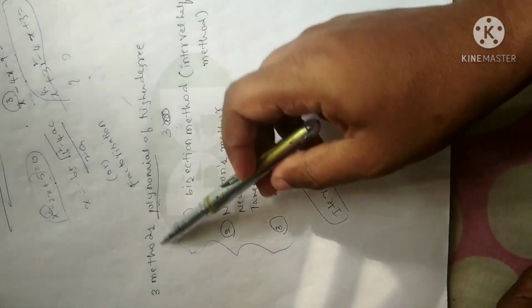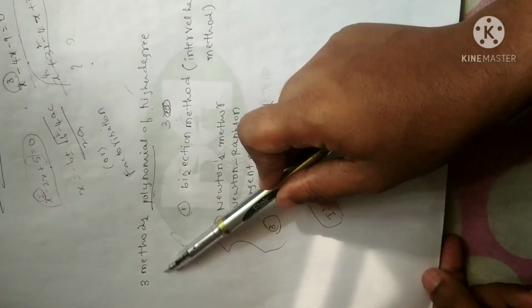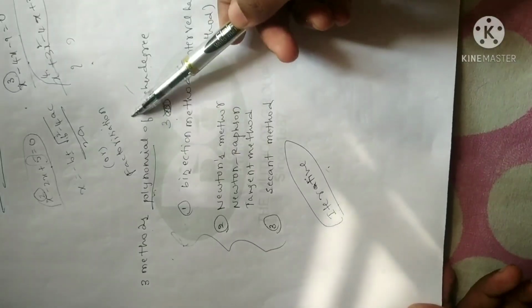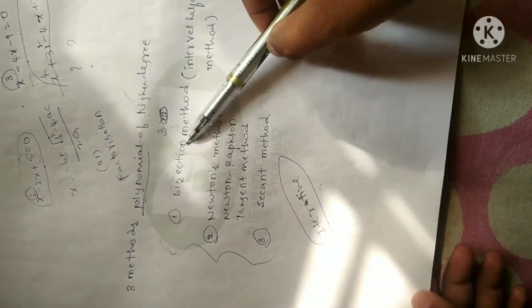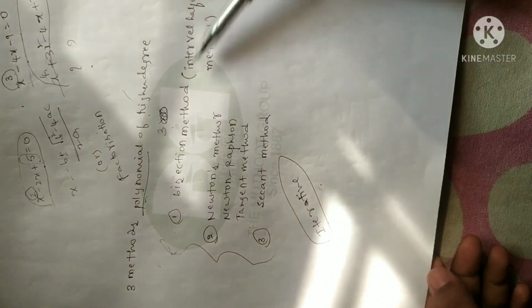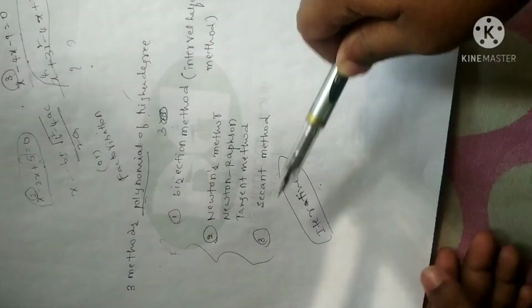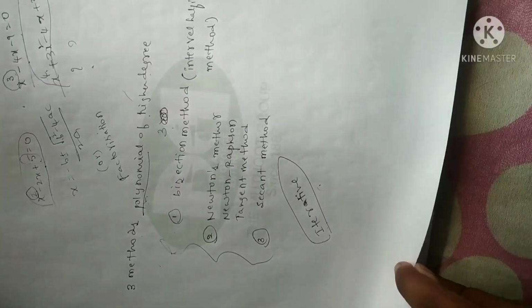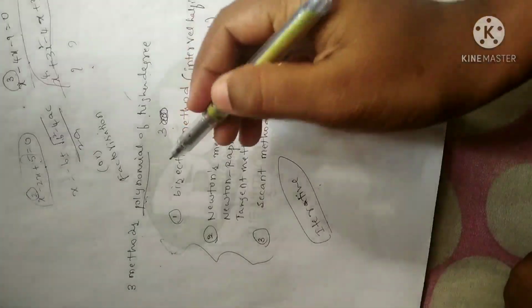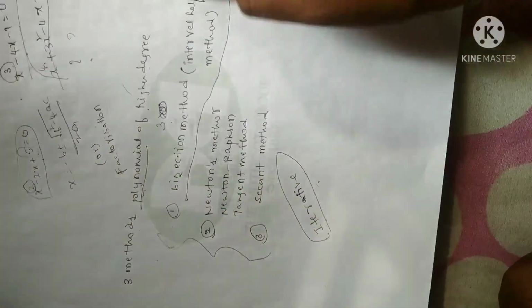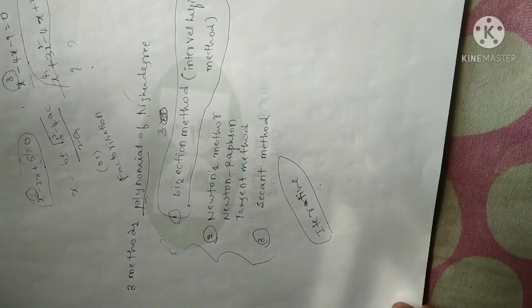Fine. So in order to find the roots of any polynomial of higher order degree greater than 3, we may use bisection method or interval halving method, Newton method or Newton-Raphson method, we can say tangent method also, and the third one is secant method. Now in this session, let me tell you bisection method, or I can say interval halving method. I'll explain one simple example so that you can understand the entire procedure.